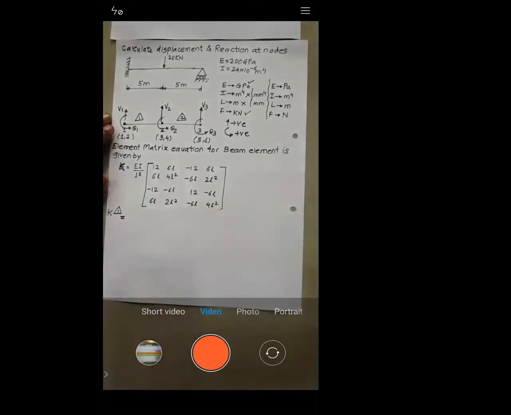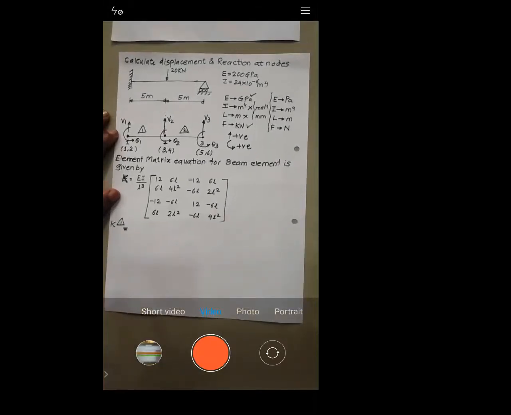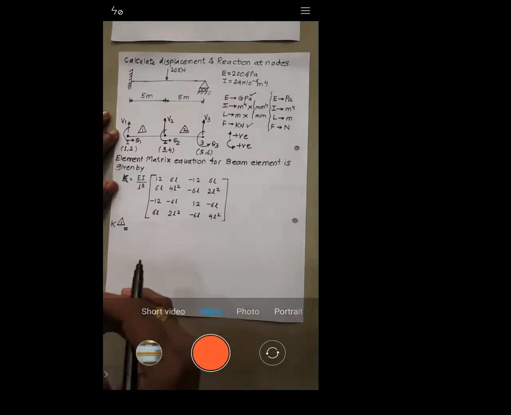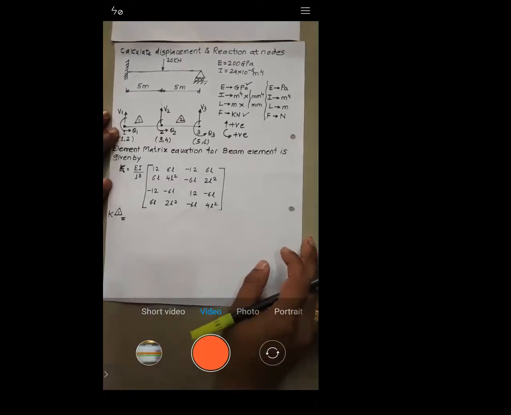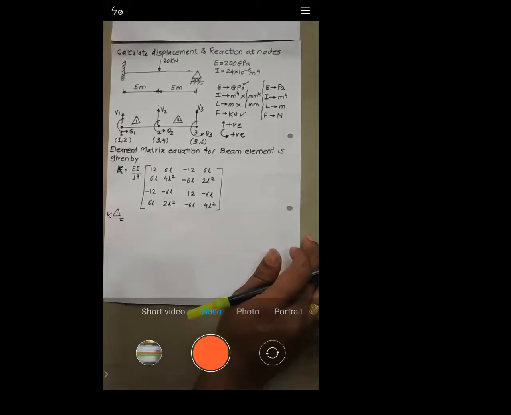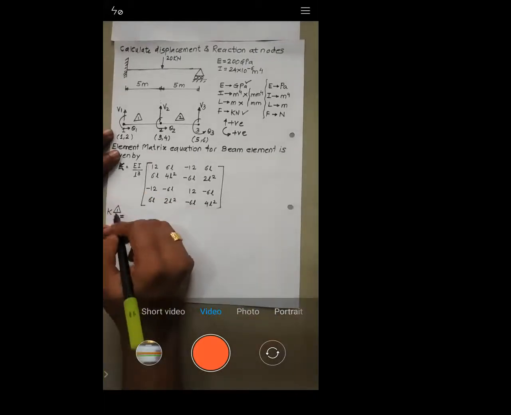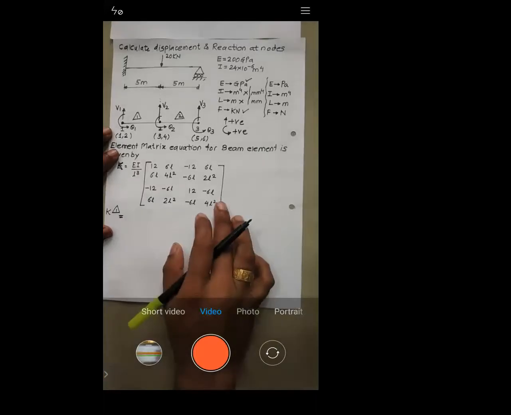See, we have solved the governing differential equation of bar under axial load. Similarly, we have solved the governing differential equation for fin. In that case, we have calculated the value of EME. So this you can do for every problem. Like you can do it for truss also, you can do it for beam also, right? So let's do it. Calculate this stiffness matrix for element number 1. I will do that.